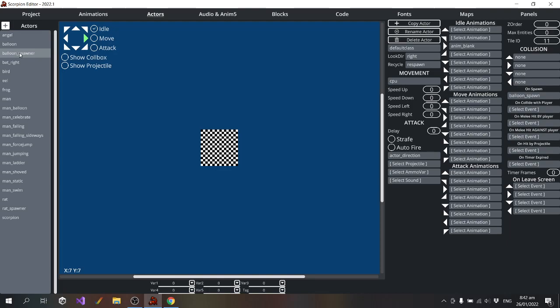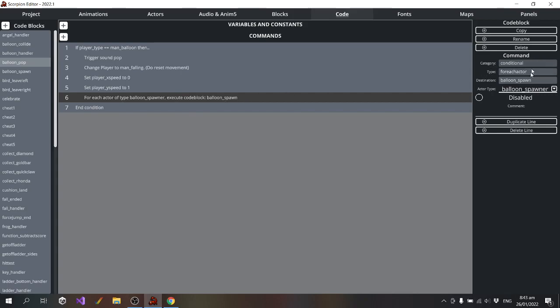Which feature did you miss? Oh yes, so this is for each actor, that's a relatively new feature.